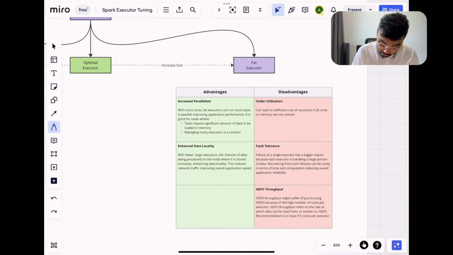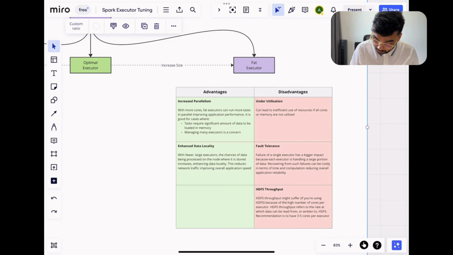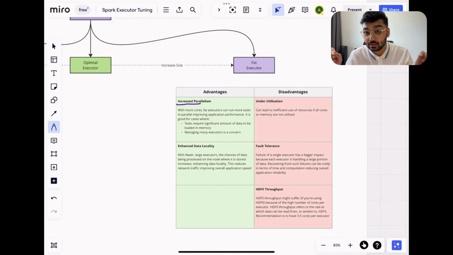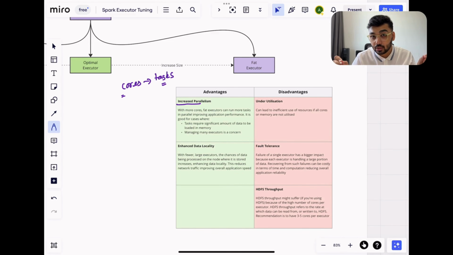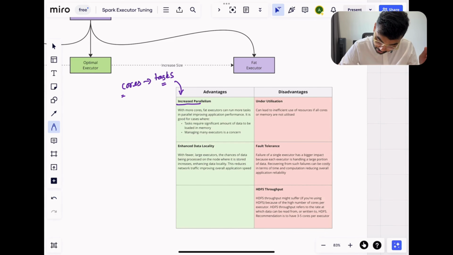So the first advantage of it is increased parallelism. We've seen that fat executors are pretty powerful. They have a lot of cores and a lot of memory, so they'll be able to crunch a lot of data, right? If you have a lot of cores, that means you'll be able to run a lot of tasks, right? And because many cores are present on one executor, many tasks can be run together, thereby increasing the parallelism,